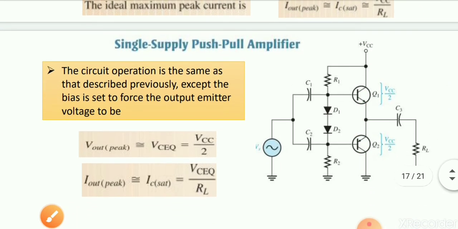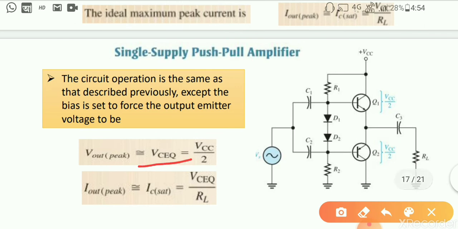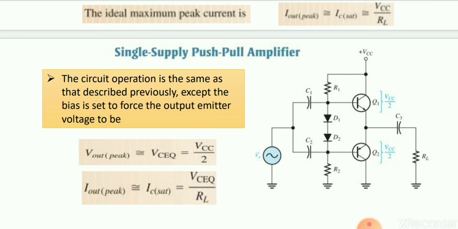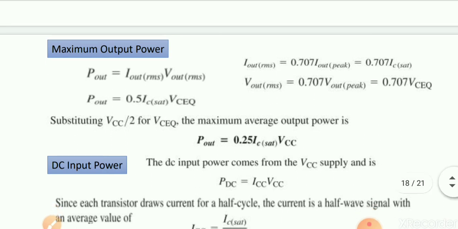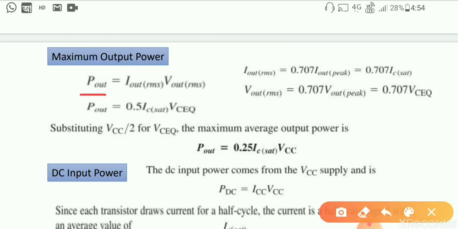Okay, so here we are considering a single supply push pull amplifier. What happens here? V out will be equal to VCQ, that is the Q point current for the VC, and that value will be VCC by 2, and I out peak will be VCQ by RL. Maximum output power, then what happens? Already we know that power is defined as the multiplication of current and voltage. So P out will be defined as I out as an RMS value multiplied with the V out